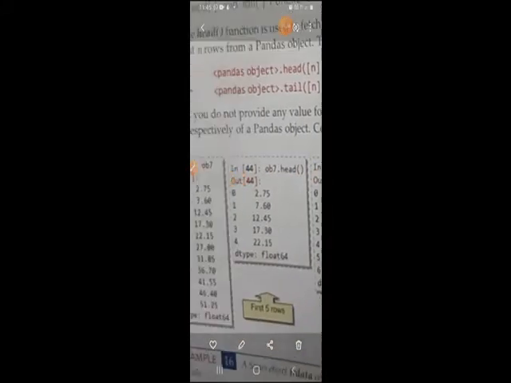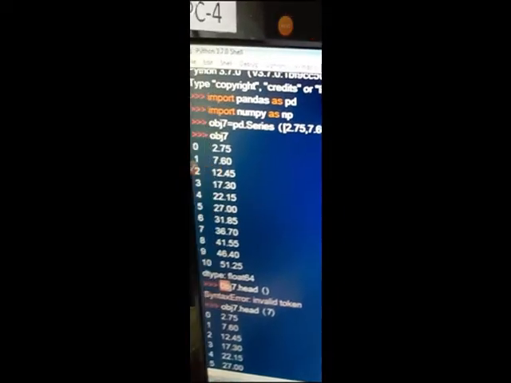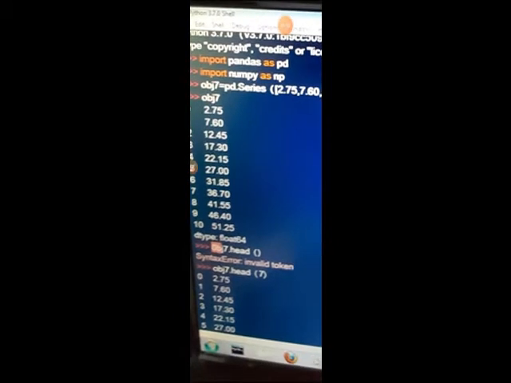Now I'll show you the next step, how I have done it on my screen. You can see here the obj object created, with the import statements. The obj object is created with these values, and now the obj object is displayed. Now the head function, when I did it for obj, it did not work here. But in the Python programming which you are using, obj.head(7) surely worked.